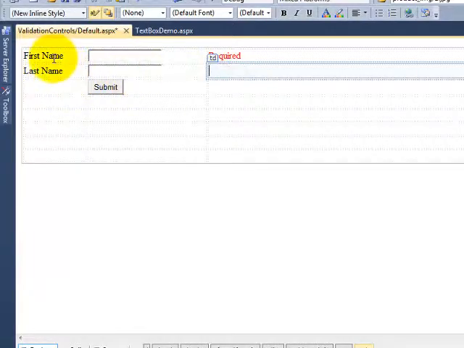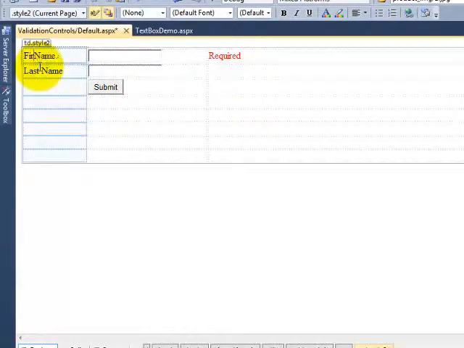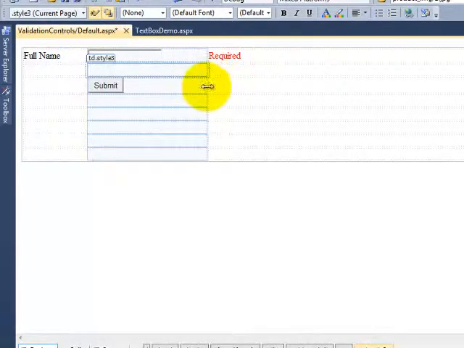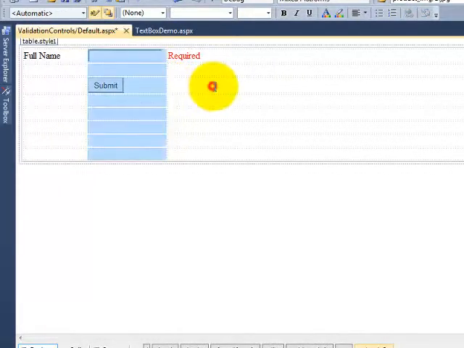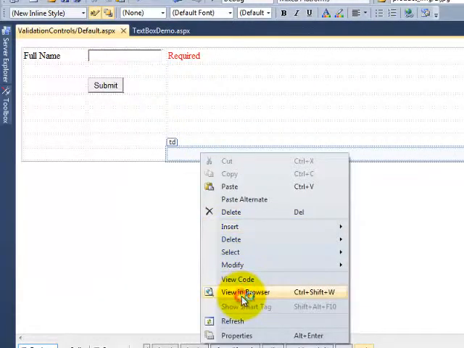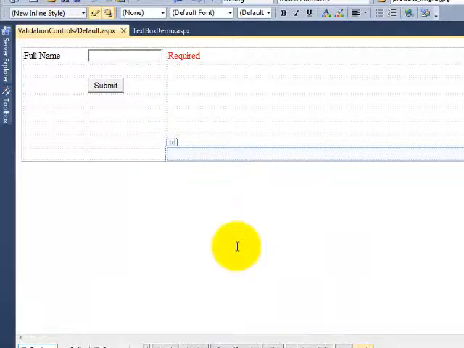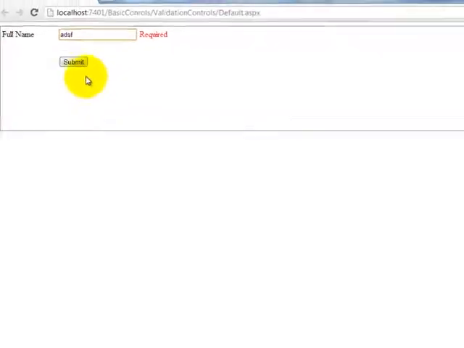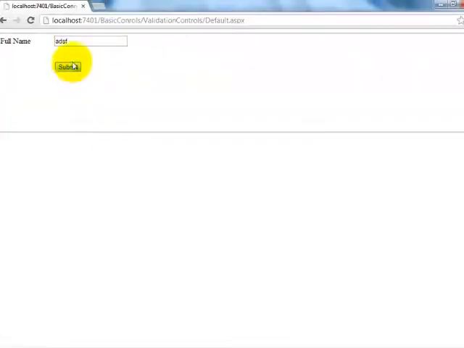I think we should go for something like full name only. I don't want last name and all those things. Submit, error. Try to provide some data and submit, and the form will be submitted.